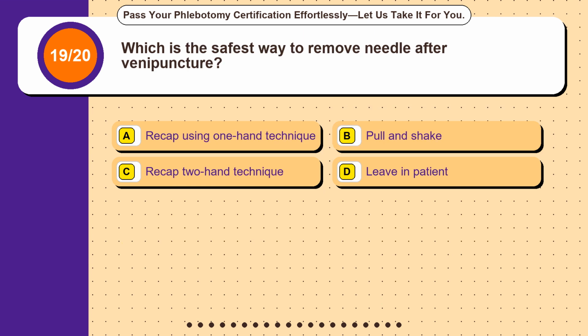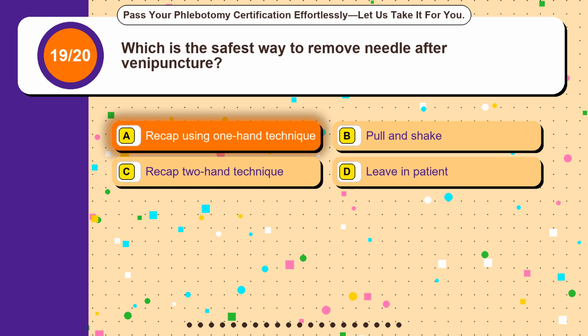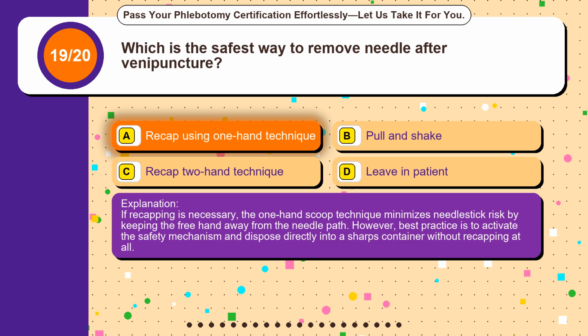Question 19. Which is the safest way to remove needle after venipuncture? Option A, recap using one-hand technique. Option B, pull and shake. Option C, recap two-hand technique. Option D, leave in patient. The correct answer is option A, recap using one-hand technique. If recapping is necessary, the one-hand scoop technique minimizes needle stick risk by keeping the free hand away from the needle path. However, best practice is to activate the safety mechanism and dispose directly into a sharps container without recapping